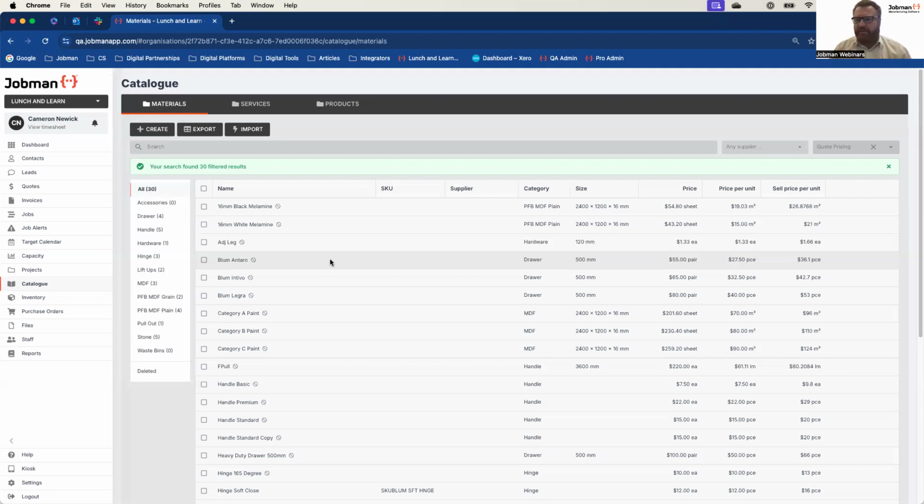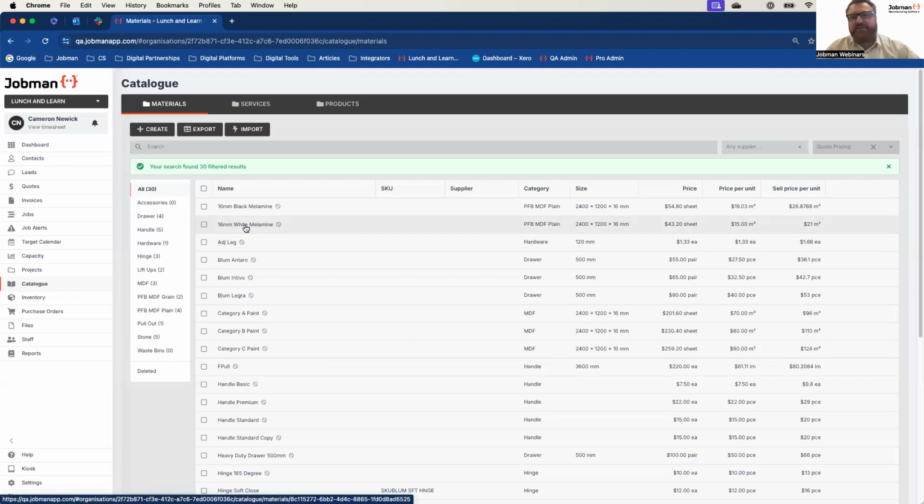We call it styles, but most companies refer to it as a schedule system. So rather than say the exact board for carcass is Laminex, I'm just using them as an example, or Polytech or Worldwide Timbers, SKU 1234, whiteboard, and I buy it for exactly $18 a square meter. Instead of doing that, because you would have to produce 4 or 5 options for each of your different suppliers, we say we have a quote pricing option which covers all of our whiteboard, and it's $15 a square meter. Easy.